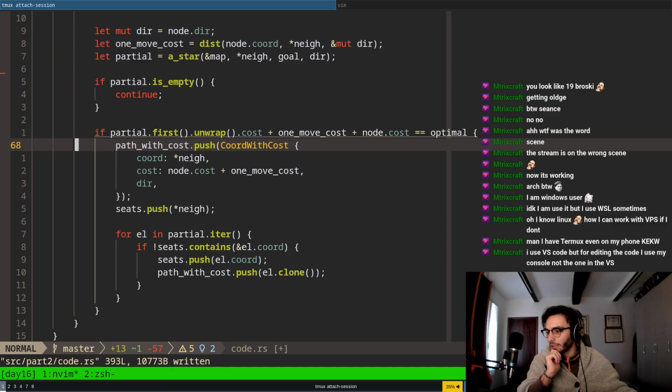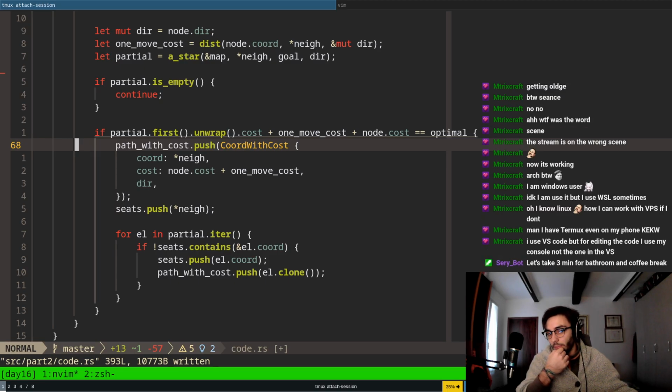I use VS Code for editing the code. I use my console, not the one in the VS. See, that's great. I understand that. VS Code is more than competent as an editor. I don't enjoy it, but it works greatly. Like age, which sounds stupid from a 26-year-old, but even a couple of years into 26, getting into work really did put my stupidness down. I used to be okay, so